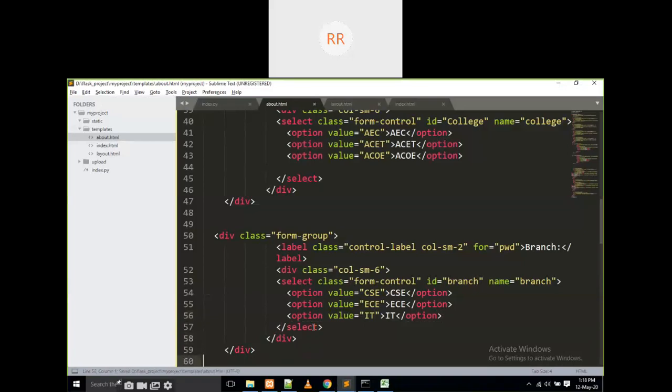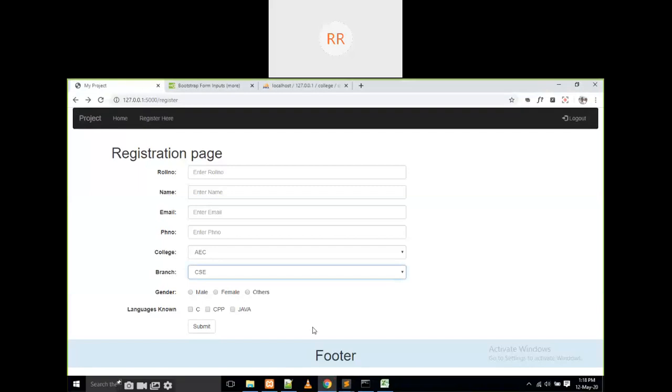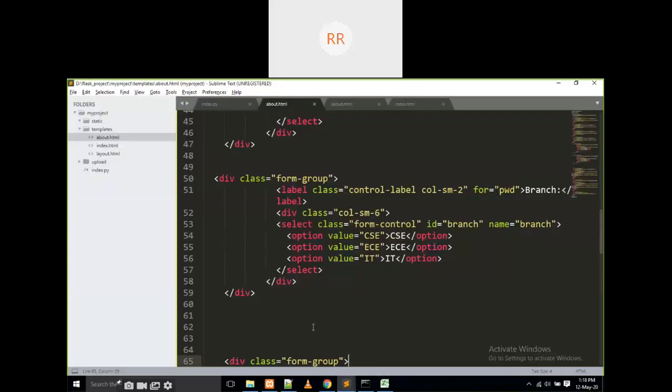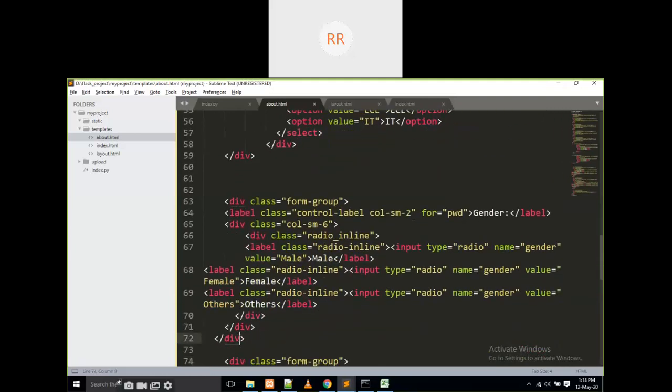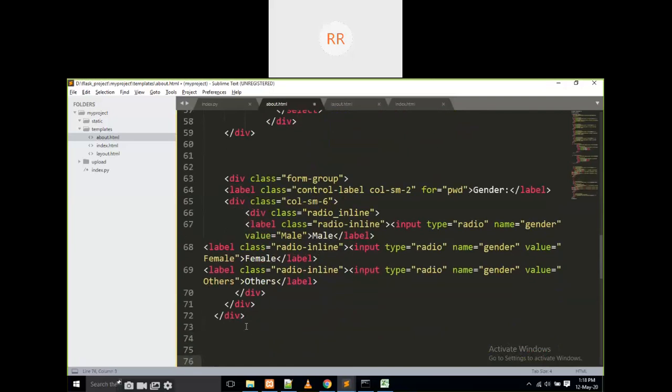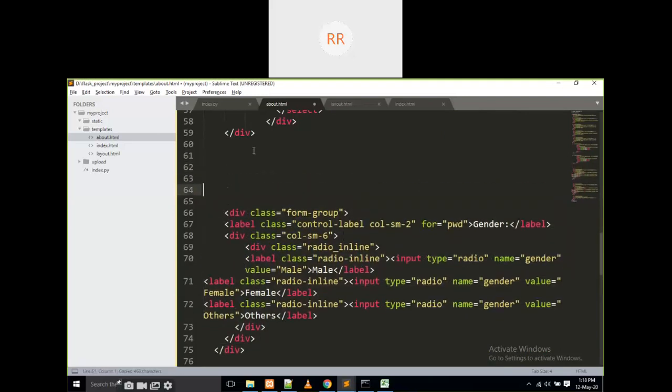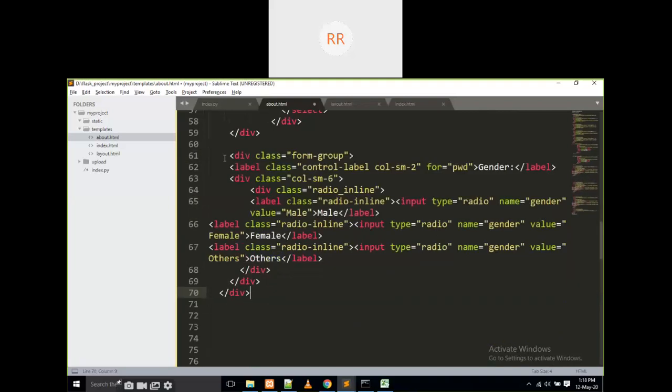What is the next thing? We are going to add some radio buttons. How to? I'm going to go to sections, and then radio buttons. If you view here, this is the opening and this is the closing for the radio buttons. I'm going to copy it and paste it. This is going to be a section, right? Some section.